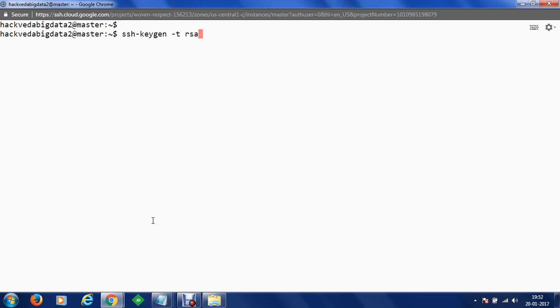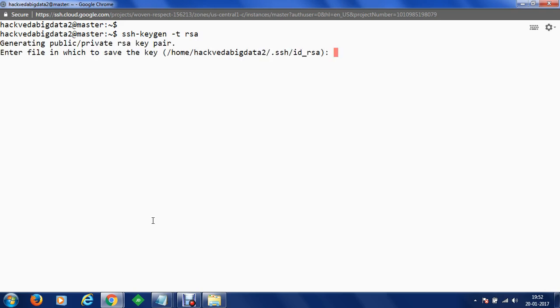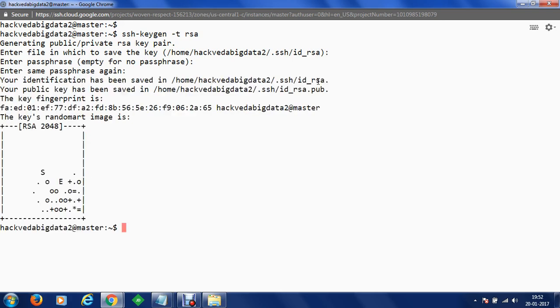We want to generate an RSA key. To generate a key of RSA type, we can choose the default name id_rsa, and we are going to press enter. We are not going to set any password, so we are going to press enter. So there is no password set, and an SSH key has been generated.